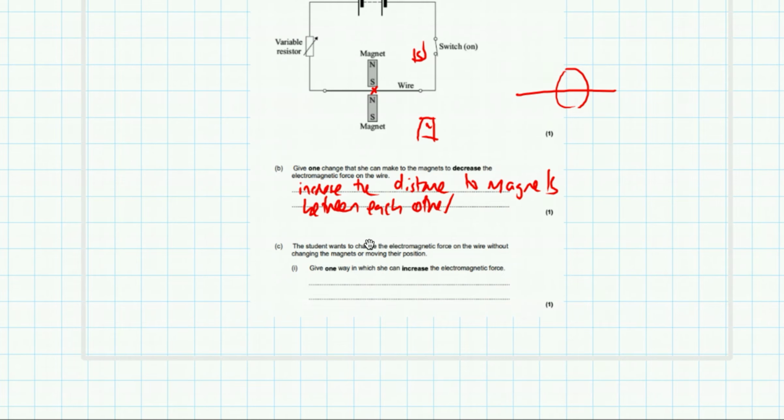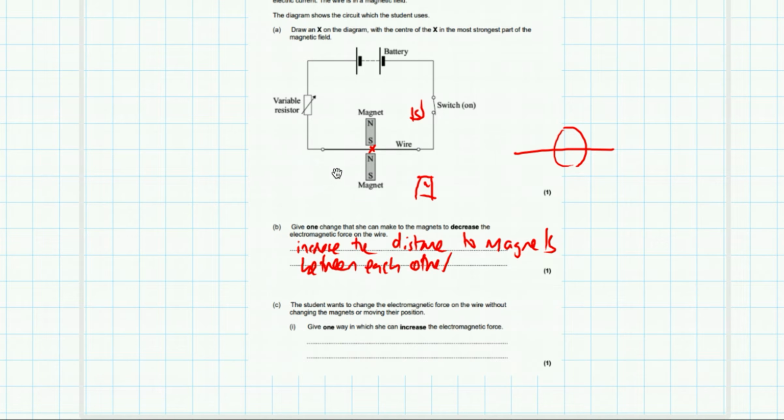For part C, the student wants to change the electromagnetic force on the wire without moving the magnets. Give one way that she can increase the electromagnetic force. If she wants to increase the force without changing the magnets, then you need to do something to the circuit. To increase the magnetic force, you need to increase the current, which they will accept, but you probably want to say exactly how you're going to do it. You could say, for example, add more cells to the battery,